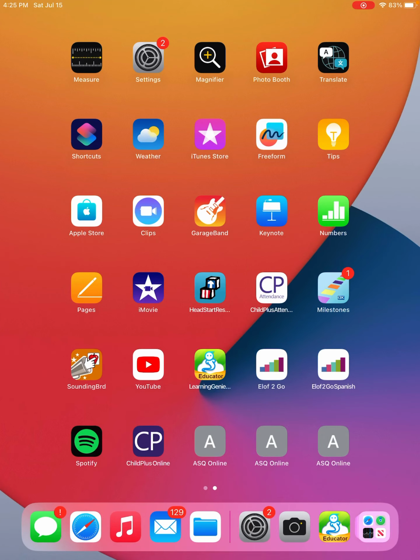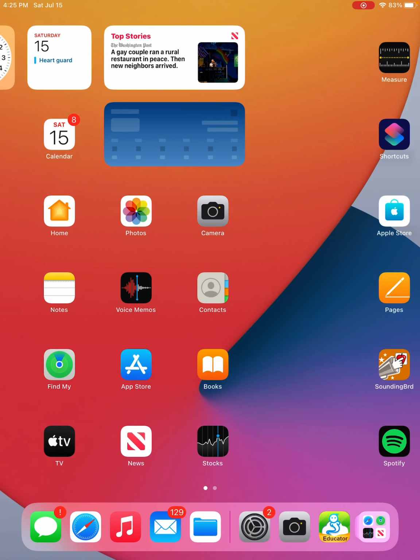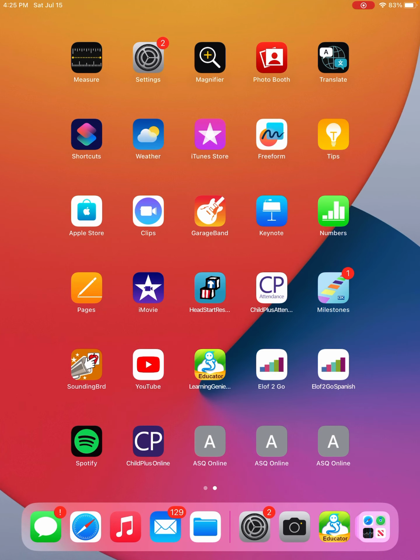Okay guys, we're gonna look at the milestone apps and how we can access that with the iPad. So everyone that has the iPad currently in your classroom should have the logo, and I'm gonna scroll over to show you where it has the blue CDC milestones, it says, with the colorful ladder, and mine has a number 1 on it because if I was using this app, it'll alert me when a child is due for a